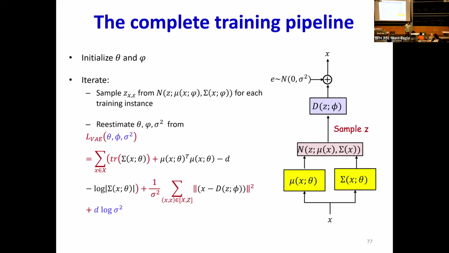I don't expect the maths to make a lot of sense because there's no way I'm going to convey that much math in 70 minutes and have it make sense. But the general principle makes sense, right? And so here is what you have. This is the encoder. X goes in, it learns a Gaussian. The Gaussian is approximating the posterior probability of z given x, right? Then you're going to sample a z from this distribution. Like I said, there are many z's that could have produced the x.